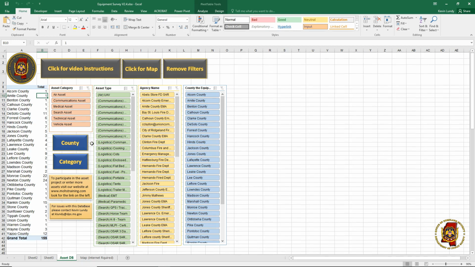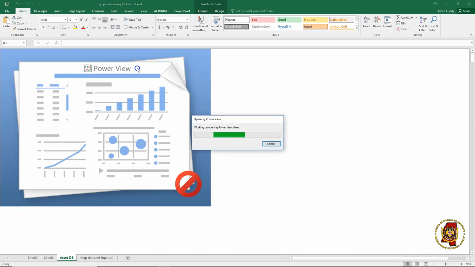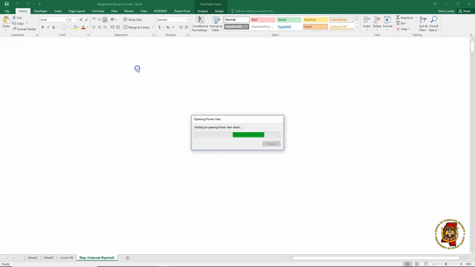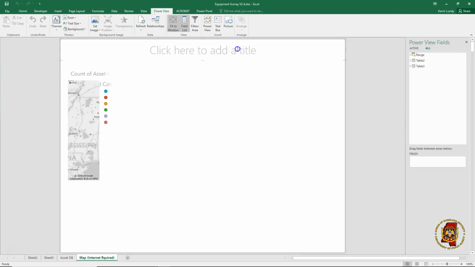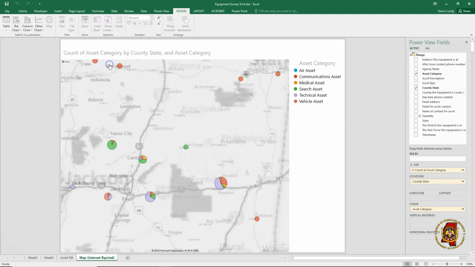To see an interactive map of assets in the state at this time, if you go to the bottom of your screen, you can click on this tab or you can click on the button at the top. It will take just a couple minutes to pull up depending on your internet connectivity. Once you see the screen, take your cursor and hover over the little map. If you go to the top right, you'll see a pop-up button. Click on it and it'll